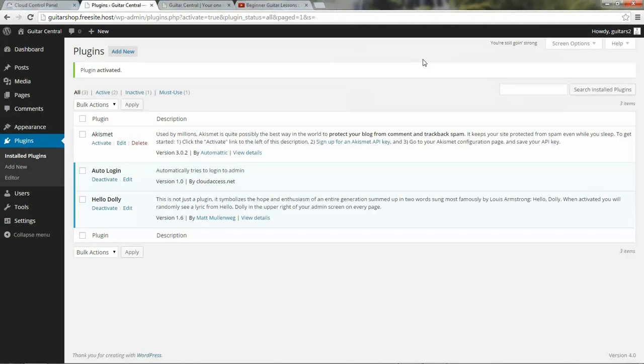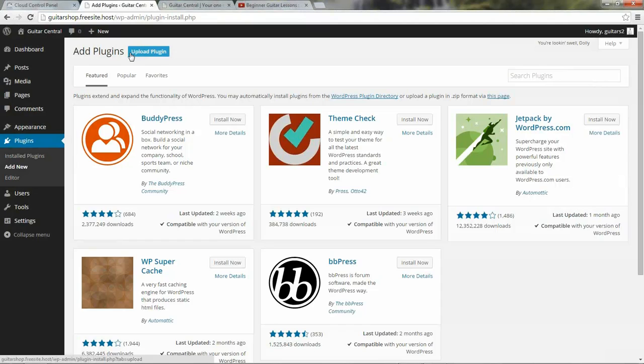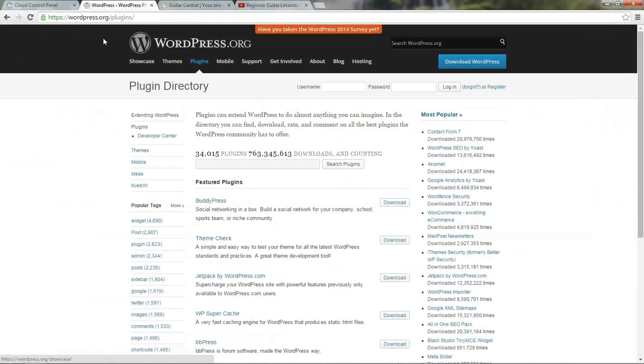But we want to go ahead and install a new plugin. So I'll click on the Add New Plugins option, and that's going to take me to, kind of like when we use our themes, a list of featured plugins, popular or favorite plugins, and this is really useful. I can also search for plugins, and I'm going to search for one directly, but know too that you can go to the WordPress plugin directory. Now click on that link. That's actually going to take me out of my site to